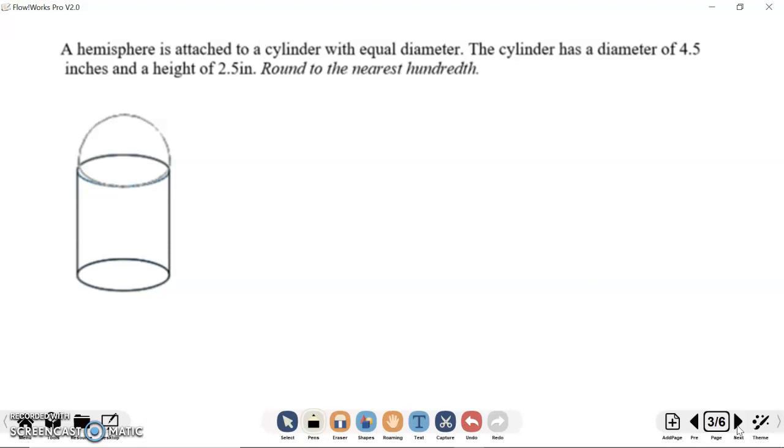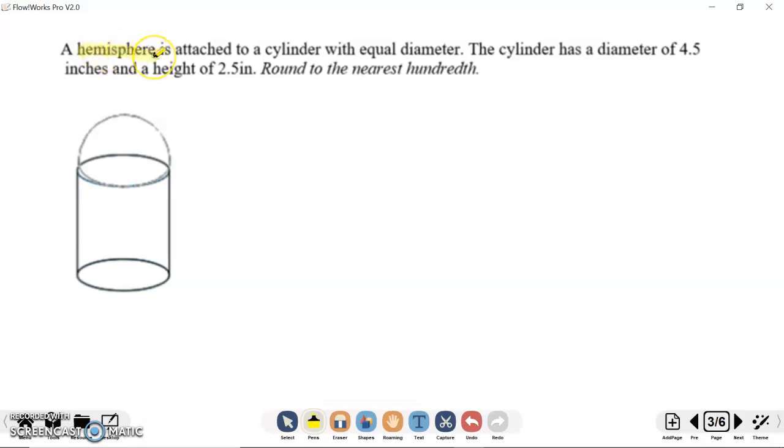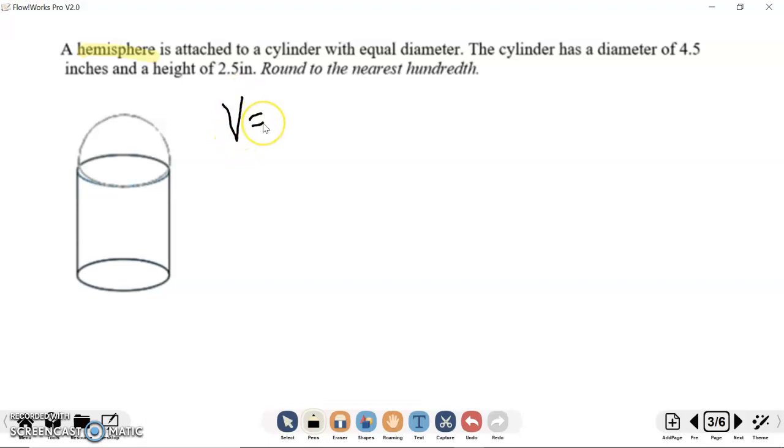So right now we have a hemisphere, and the important thing to understand with a hemisphere is that a hemisphere is half of a sphere. So when we're taking the volume of a hemisphere, we're going to use the volume of a sphere, which is 4/3, and if we take half of that, we do 1/2 times 4/3 times pi times the radius cubed. All right, and in this case, we also have